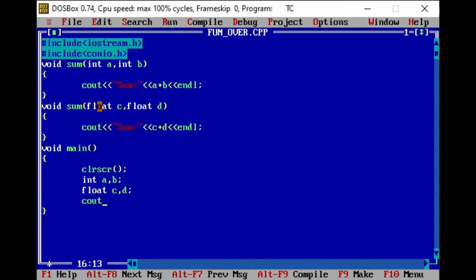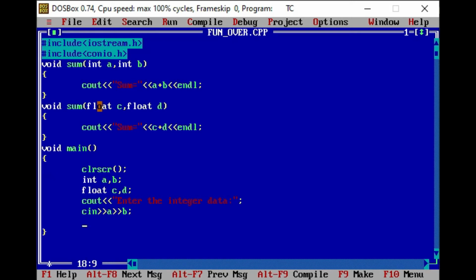Now in the cout statement I'll print the message "enter the integer data" and semicolon. After that, using the cin statement, I am going to enter the data for variables a and b. So I'll write cin, extraction operator, a, extraction operator, b and semicolon.